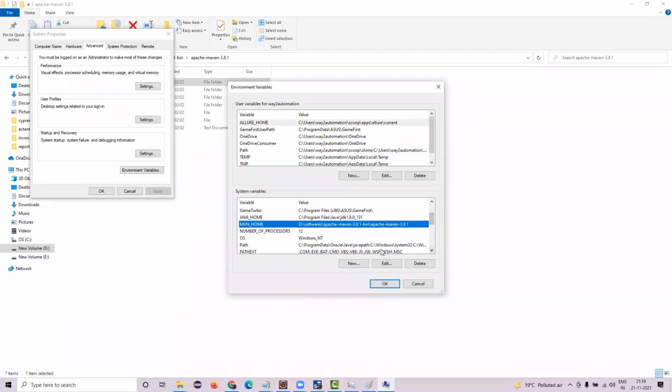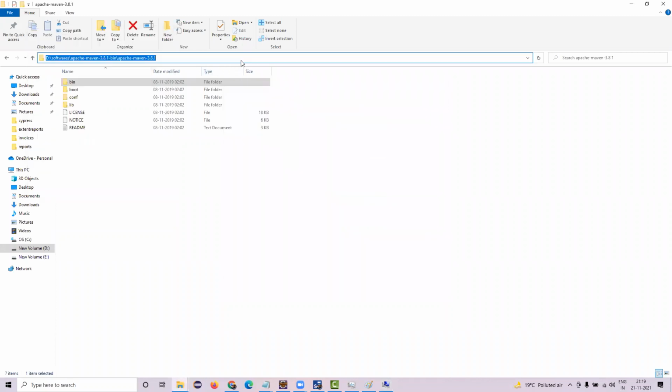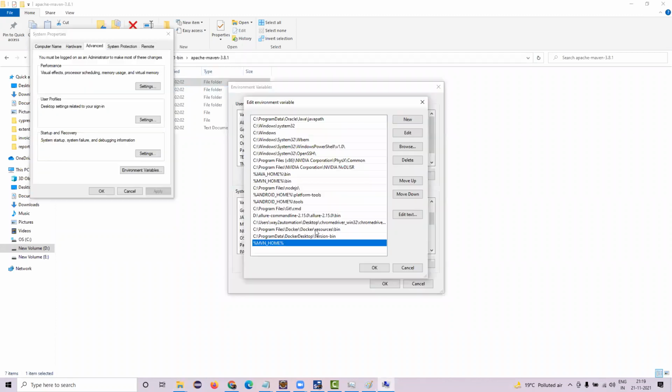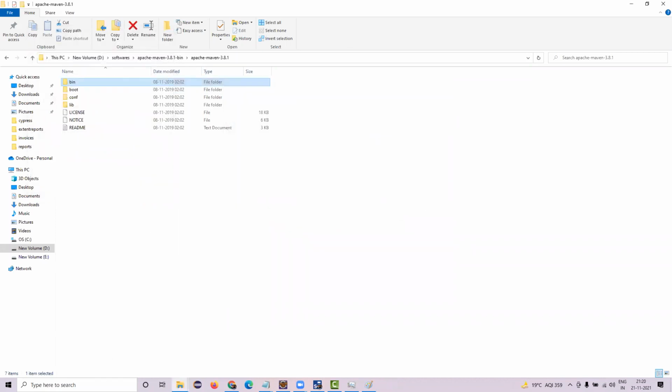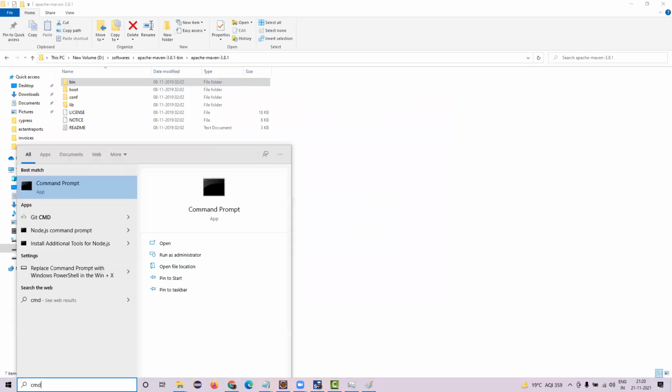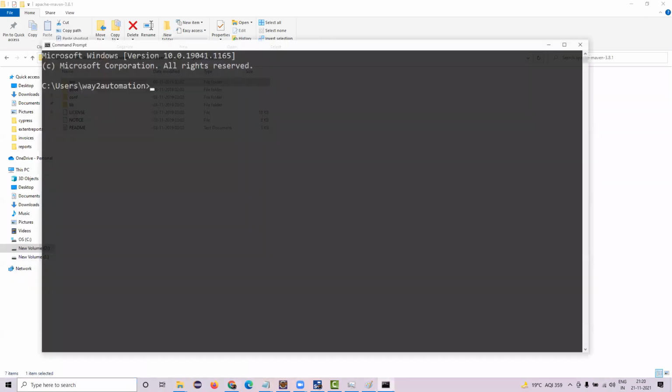Go to the path variable, edit it, and at the end type percentage MVN underscore home percentage. It will bring the path of the root folder. Maven is inside bin, so just put a backslash over here, and type bin. That's it. Like I already did it over here, so I'm not going to redo it. I'll just delete it. Once you're done with it, click on OK, click on OK, click on OK, and Maven is successfully configured. Now open up command prompt, and if you want to see whether Maven is there or not,